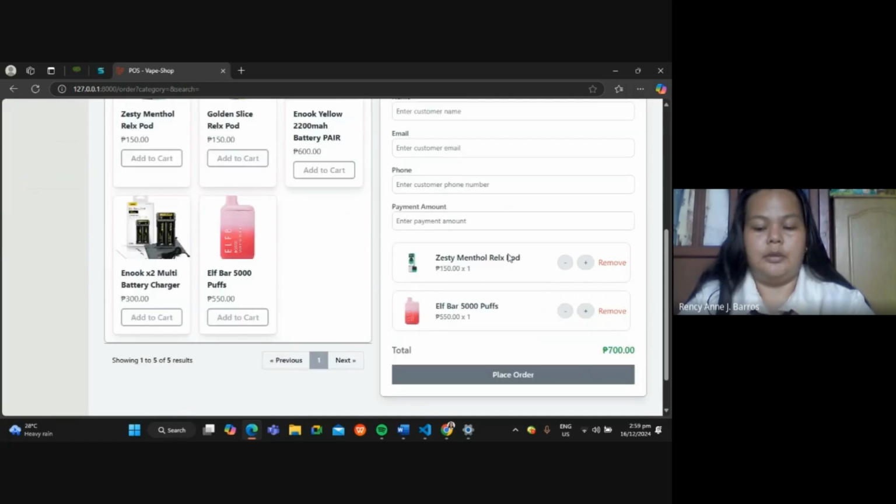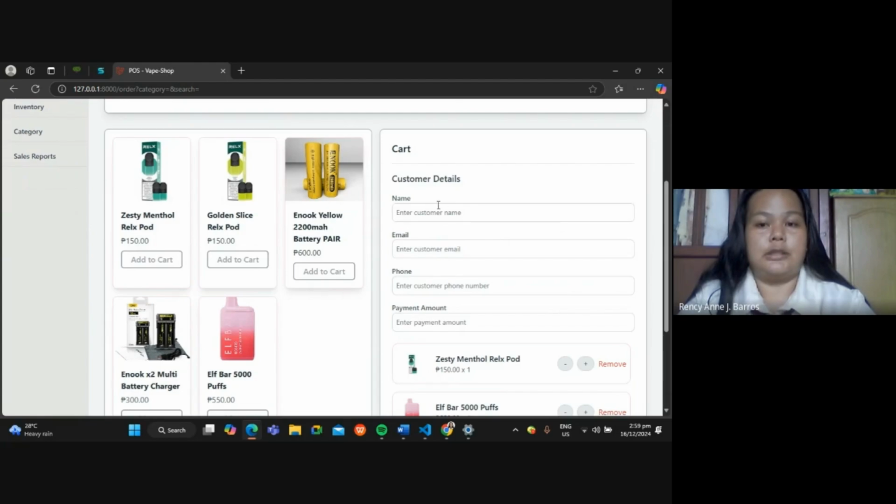So here. So the eighth function is the place order functionality. In this interface also, select the products and quantities desired by the customer, enter the customer's information, and place the order.